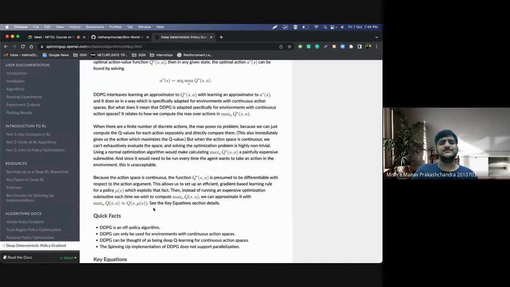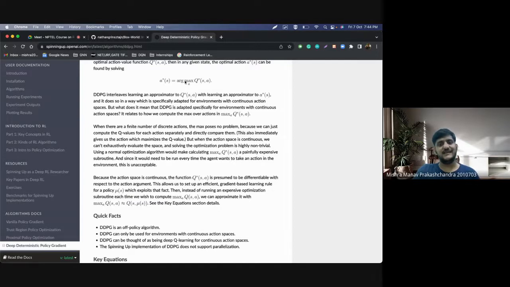So basically, earlier in DQN your neural network was trying to approximate the corresponding Q function for each individual action, because the actions were discrete, right? Now the input to the neural network is equal to the size of the state vector that you have. Then there are a bunch of hidden layers. And now the output is just a single neuron. And what that single neuron approximates is max over a of Q of s, a.